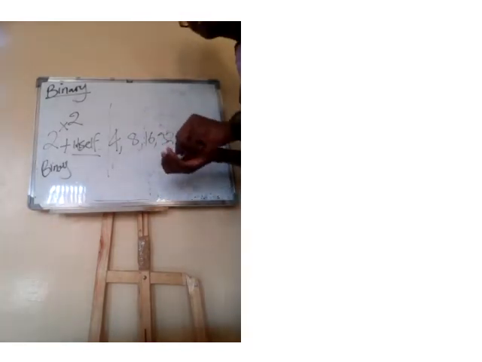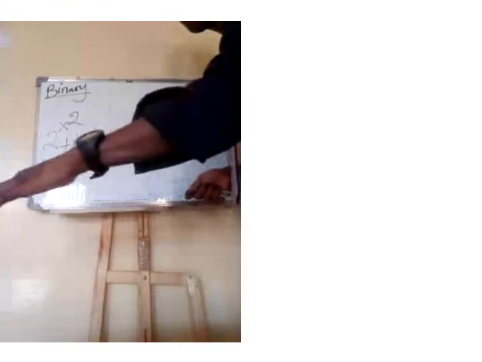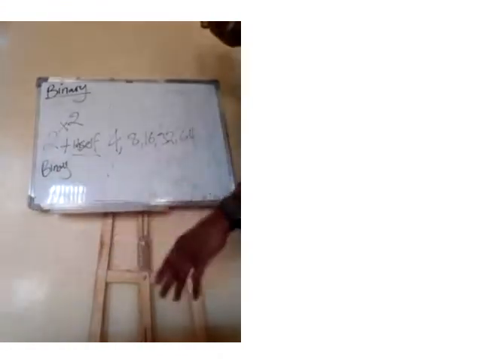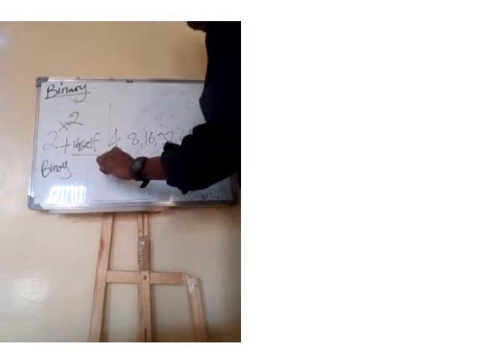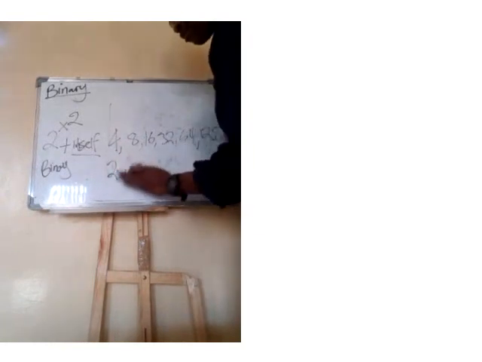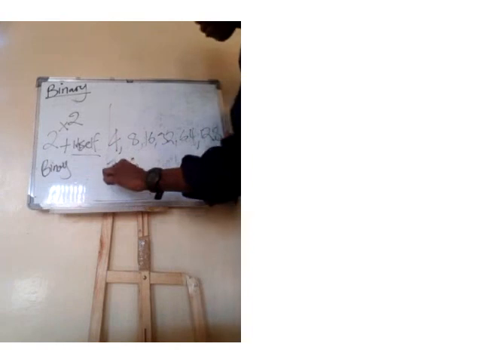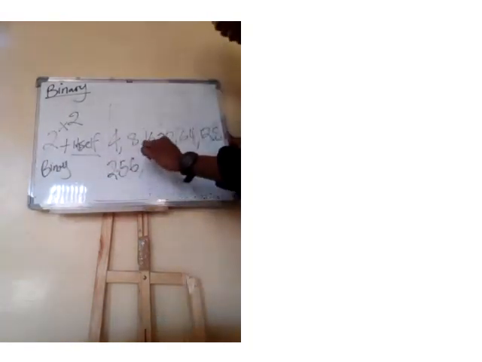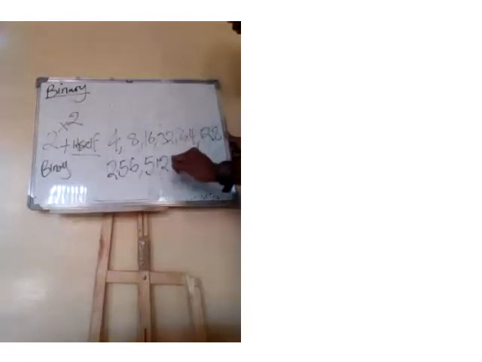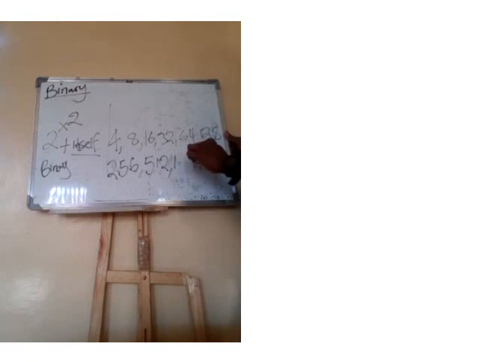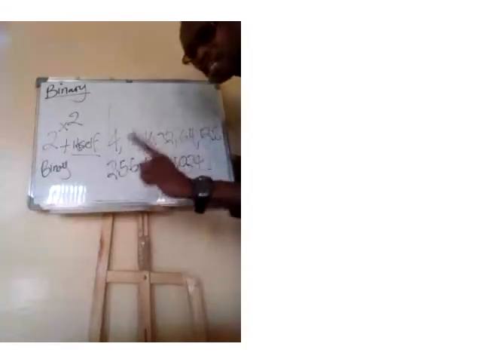You've heard of computers that have a processor that is 64 or 32. This is how they make it. From 64, you've got 128. 128, you've got 256. 256 times 2 is 512. 512 times 2 is 1,024. Like that. So when you say you have 1 GB of RAM,